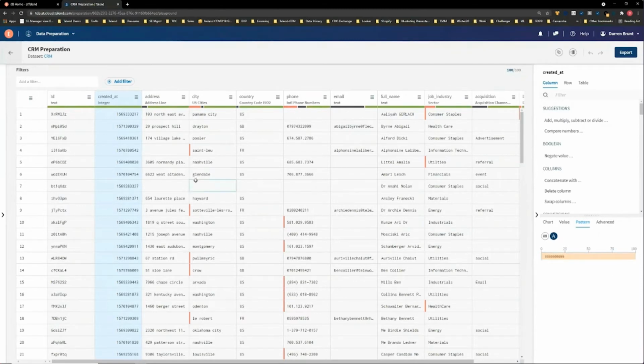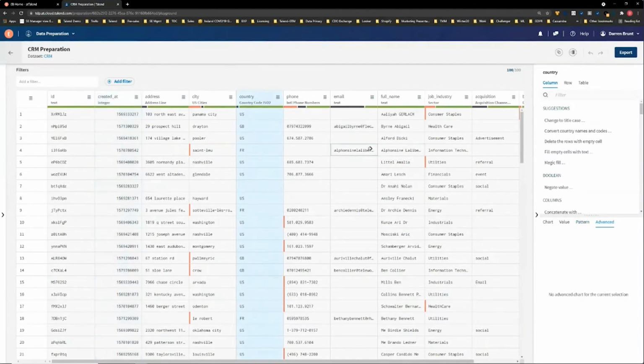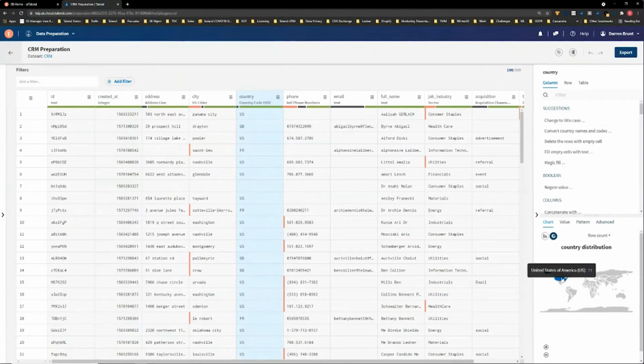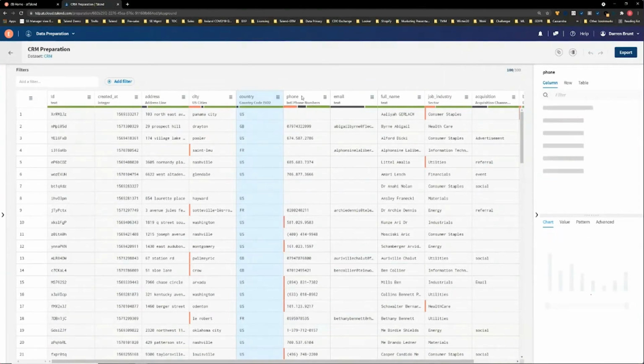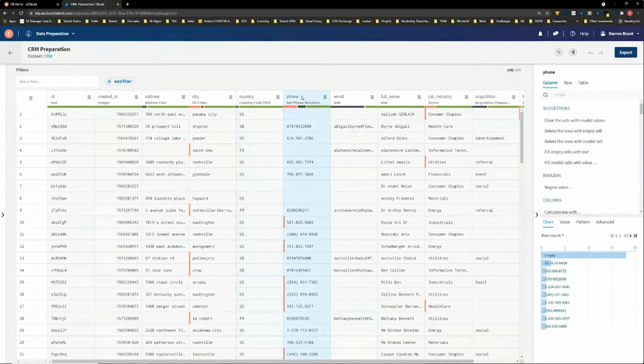Every single one of these columns is providing some degree of understanding around what this represents from a value and a spread perspective. So here, for example, in terms of the country, I can see the distribution of where these contacts currently sit. Mostly it looks like around the US as opposed to a European distribution, for example. So let's start out with looking at this big challenge here with what look like international phone numbers.